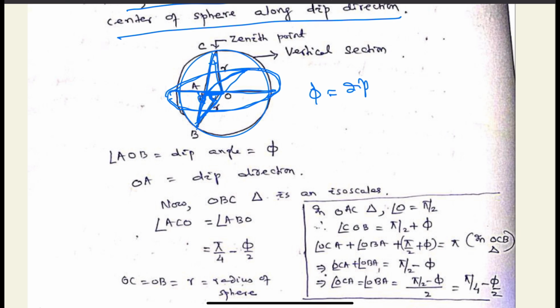If we detect the distance of this circular arc, which is part of a big circle, if we detect the center of this circle, it will be somewhere here. From the center, we can draw this circular arc in the equatorial plane to represent the